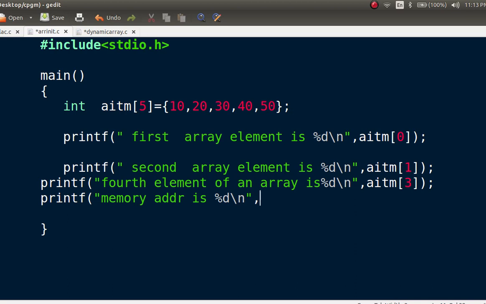To print an address we have to use the address operator, AITM of index number 0.